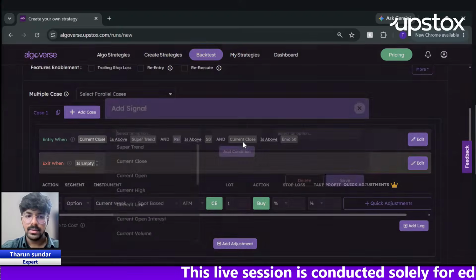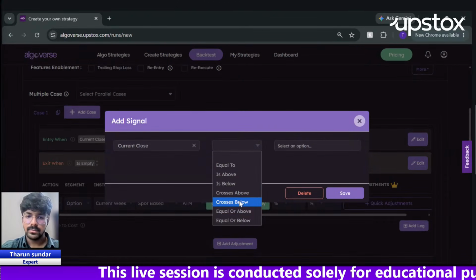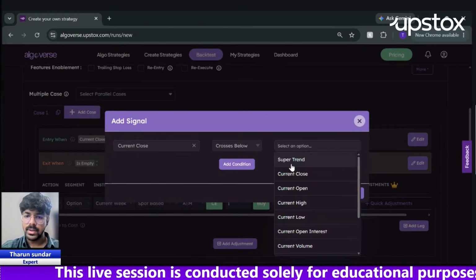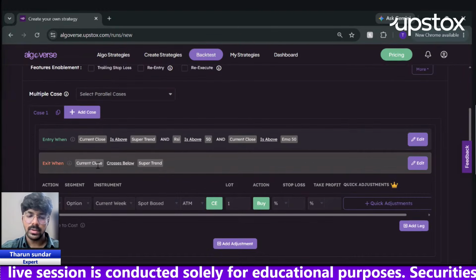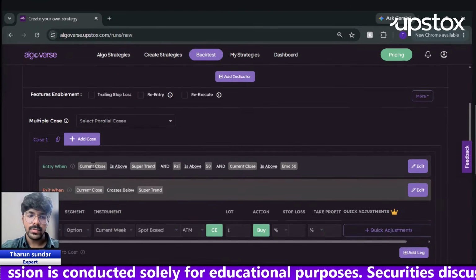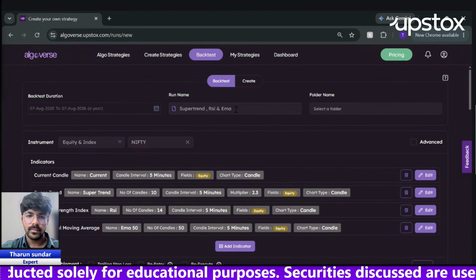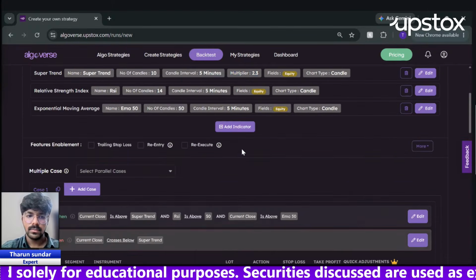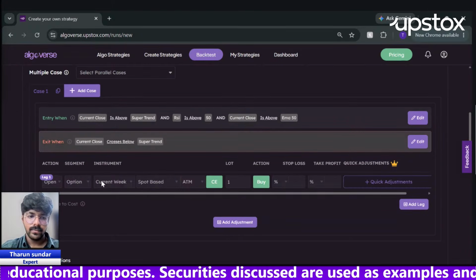And for exit, let's try it with Super Trend. I want my exit to happen as soon as my 5 minute current close comes below the Super Trend, comes and closes below the Super Trend. And when this happens,